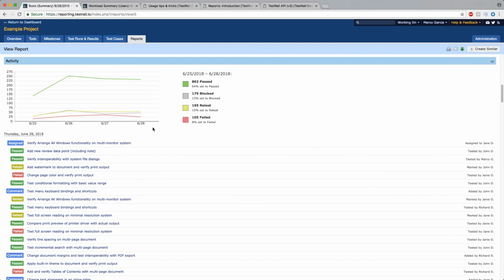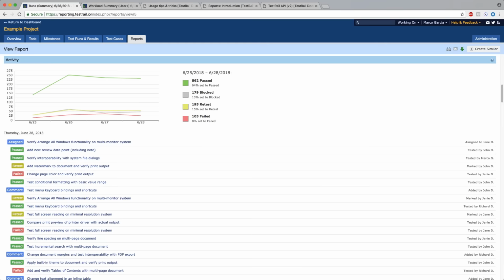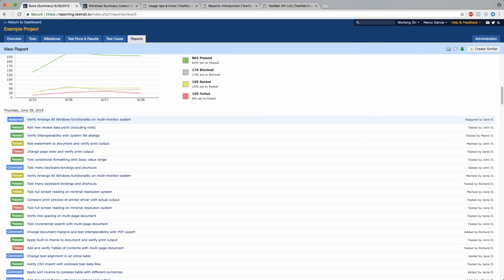And here, this is the activity section of the report. So like I mentioned, each section is different, and the options for each tab whenever you're configuring the report will govern each section separately. So you'll have this activity report. It's very similar to the activity tab within the dashboards that I mentioned earlier. You'll see the line graph that shows the number of tests executed over time, whatever time frame you chose, broken down by statuses. And then you'll see the actual list of activity